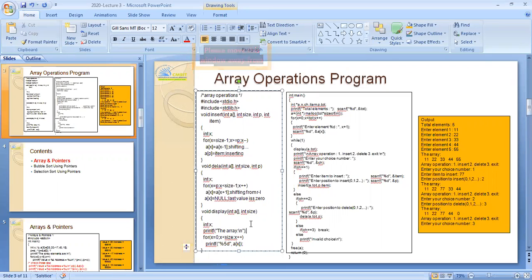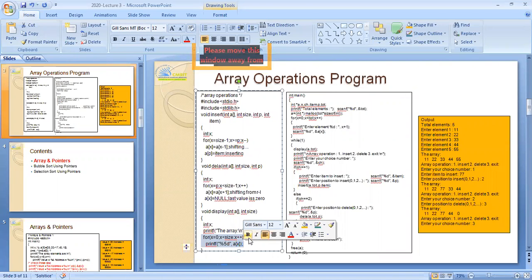So firstly we have called display operation. What should the display do? It will print all the contents of the array. You have to start from 0, you have to go up to the last size, and keep on printing all the values. Okay, so understood this particular program.